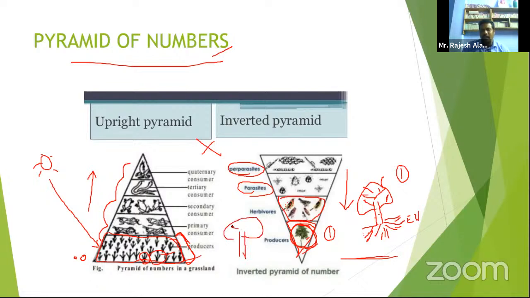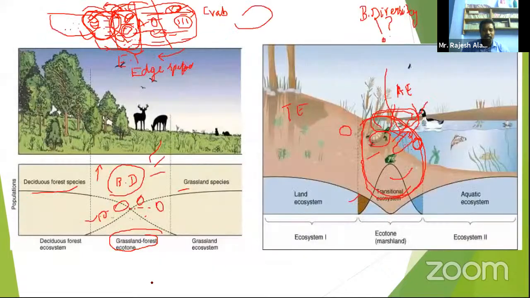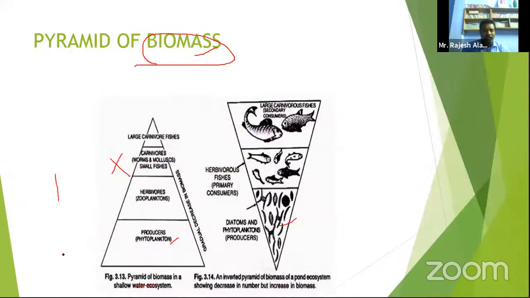That's why it can support various birds. Otherwise, the tree will fall aside. In the same manner, in the grassland ecosystem, the producer weight will be higher compared to all other things. So always the pyramid of biomass in the tree ecosystem or grassland ecosystem, here it should be trees or grassland,